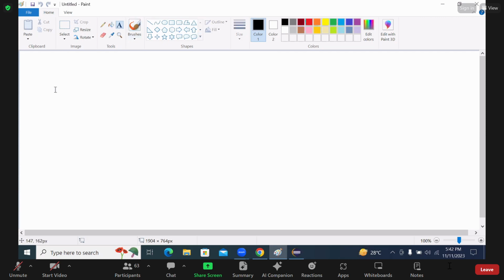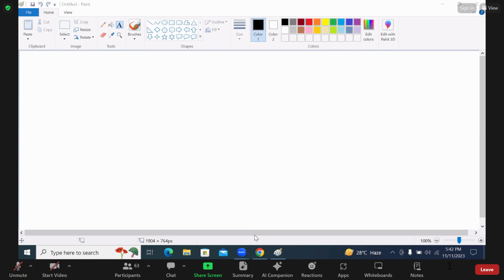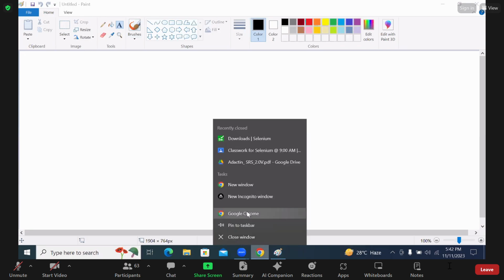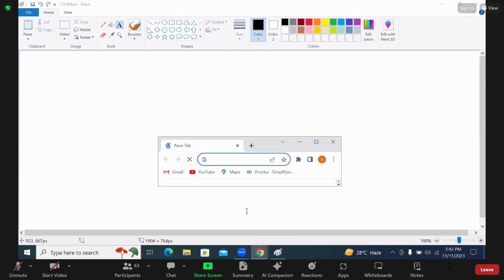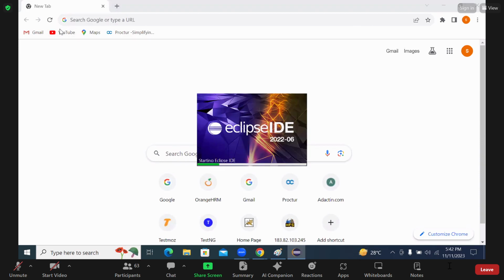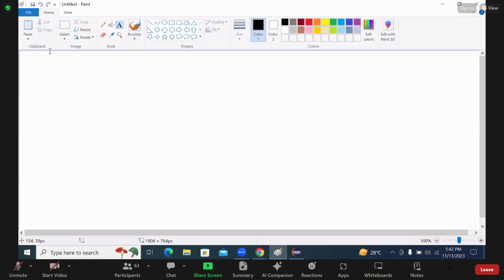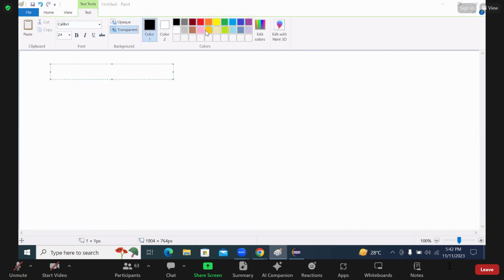Let's take care of how exactly we can work with this particular functionality of drop down and checkbox. We need to get comfortable understanding and working with Selenium automation. As part of Selenium automation, we need to understand and work with